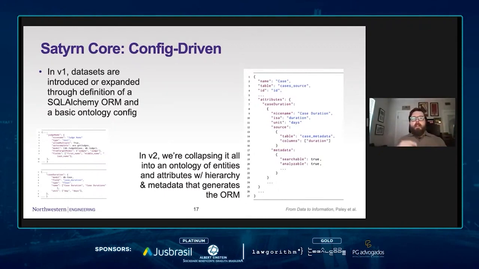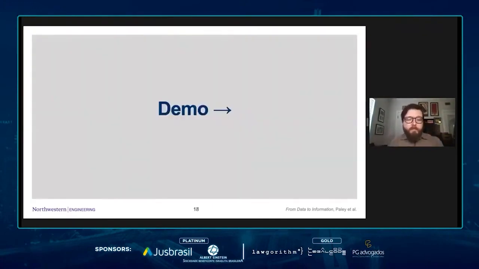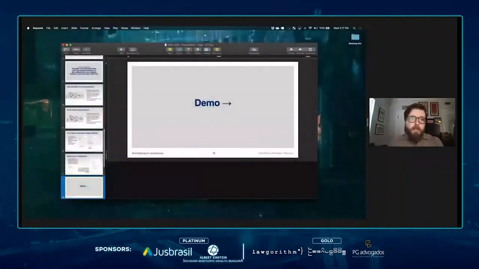So where we're headed in V2 is collapsing this all down into a much simpler representation that looks a lot more like a standardized ontology with entities and attributes and relationships and a hierarchy. And that part is not in the paper. That's a matter of future work, but we're really excited about where we're headed with it. So demo, I'm gonna jump out of this